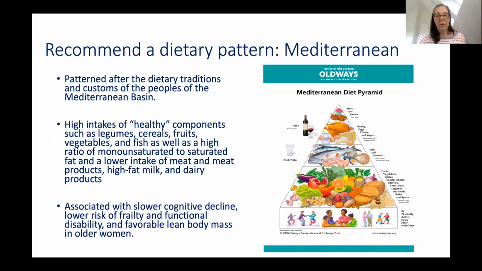I like this website, Old Ways. It's just a really nice visual for people, and they have actually different diets. So I refer to it. And in general, especially when I'm talking about cognition to people, I talk about the Mediterranean diet. It's rich in legumes and whole grain cereals, fruits, vegetables, and fish, and lower in meat and dairy intake. And it's been associated with slower cognitive decline, lower risk of frailty, and functional disability. So that's my quick and dirty